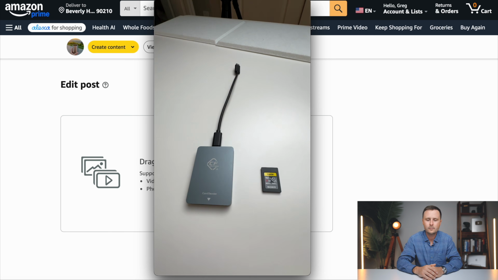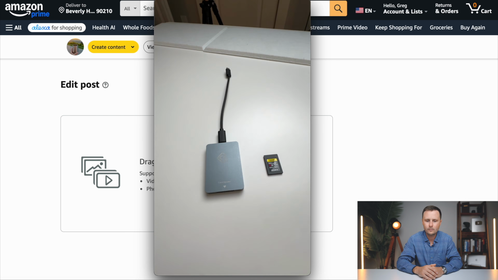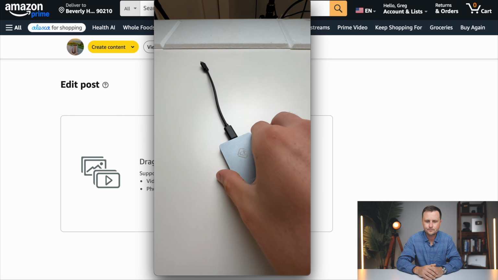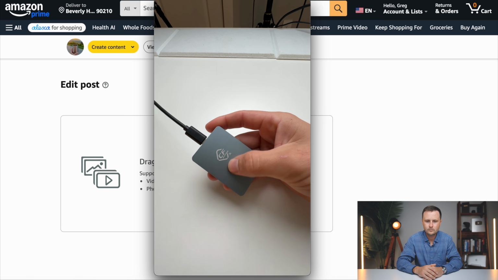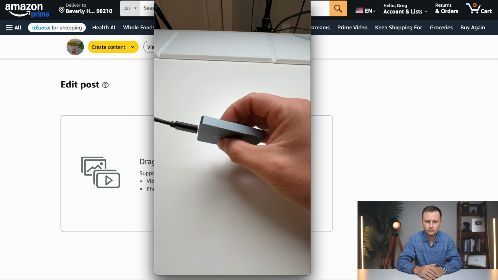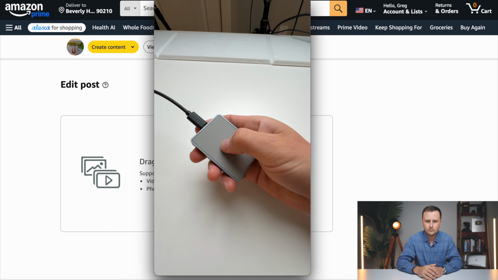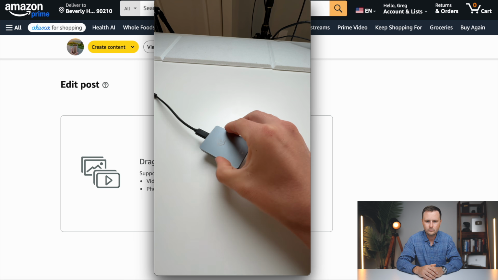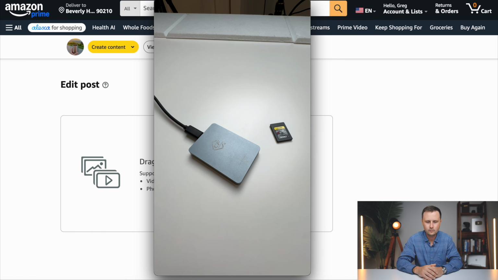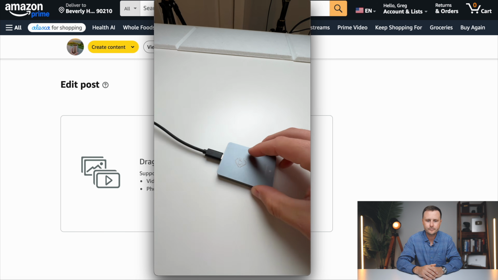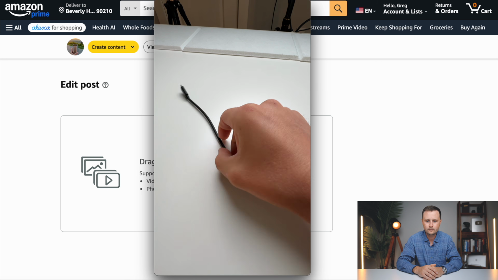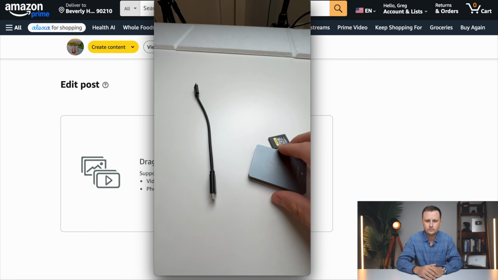Hey everyone, just wanted to give you a quick review of the CF Express card reader. I've had this for over a year now and I use it quite frequently. The couple of things that have stood out to me is that it's made out of metal instead of plastic, so it's super durable, but it also has rubber at the bottom. So when you put that on your table, it actually sticks to the table. It's not going to scratch your table because the metal doesn't touch. It sits on that rubber instead. Has a removable USB-C to USB-C cord. That's what comes on this end.